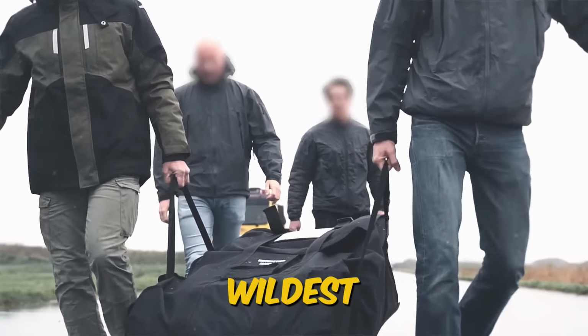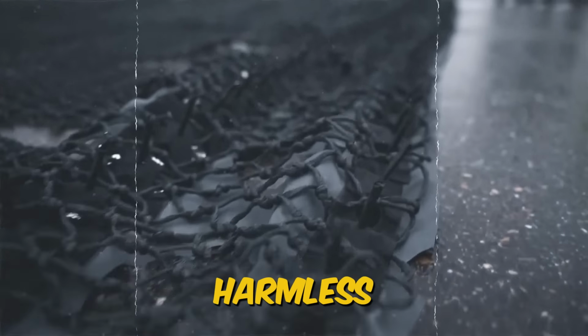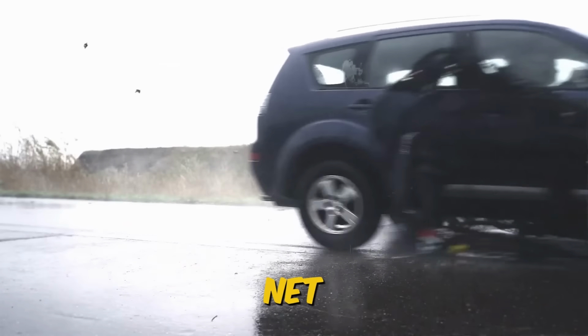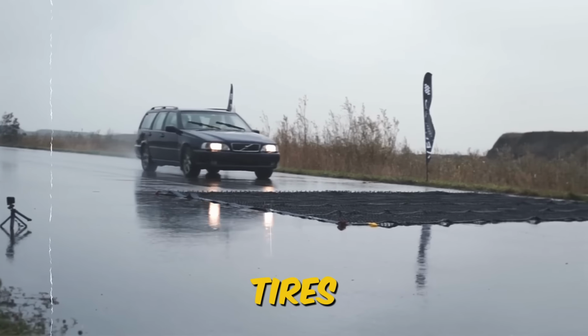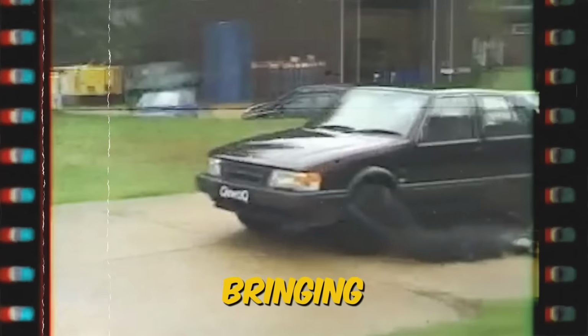One of the wildest tactics police use to stop a speeding car is the XNet. This devious contraption looks harmless, a mesh that a driver might think they can easily plow through. Little do they know, this net is laced with custom sharp nails that spell disaster for their tires. When deployed, the XNet quickly wraps around the wheels and axles, piercing the tires and bringing the car to a